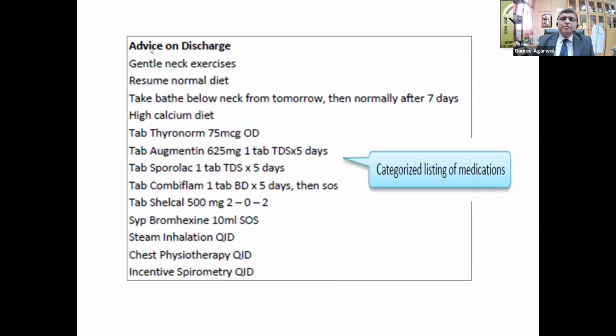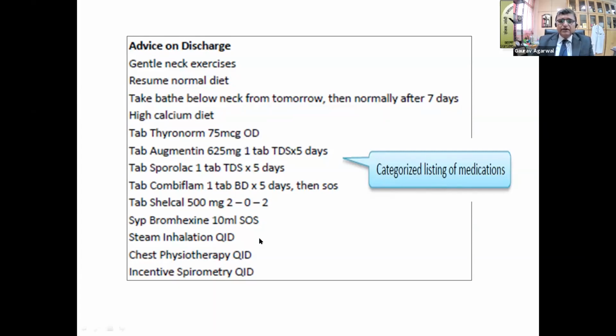Now, another important portion of this discharge summary or visit summary is the advice that you give to the patient at the time of discharge. This should include any instructions about mobility, about any exercises or physiotherapy, the diet, what activities the patient is allowed and what are not allowed, what kind of diet the patient is asked to take, any medications that the patient may be asked to take, and the dose, the duration, the number of times the patient has to take those medications, and how many days or duration the patient is expected to continue with that.